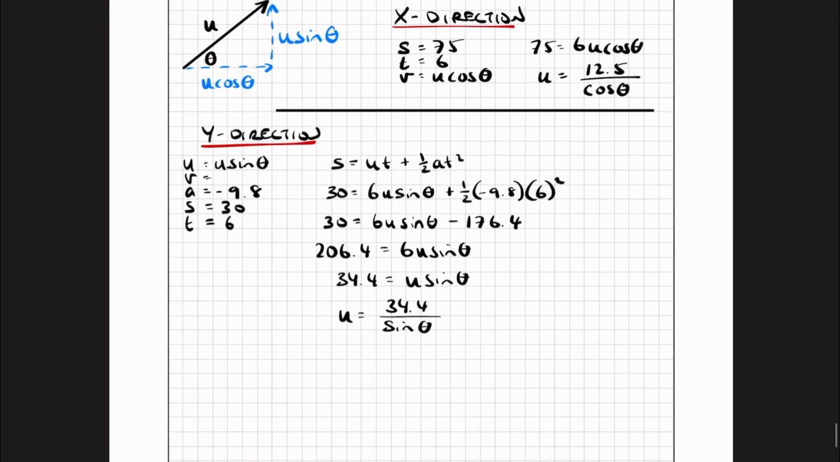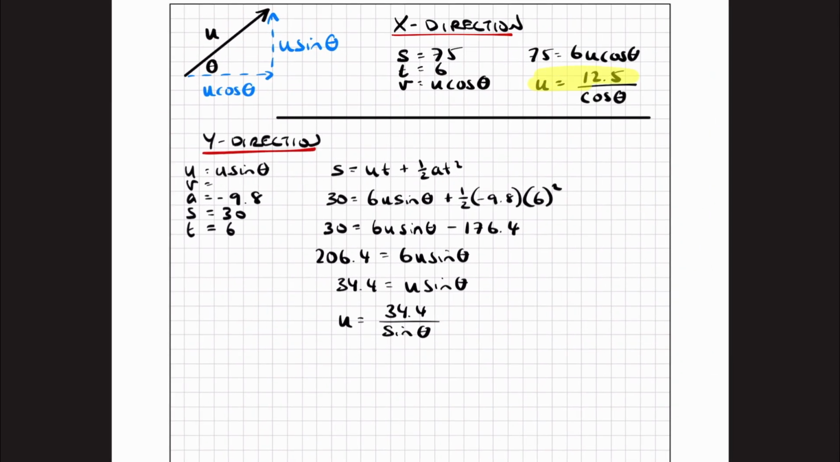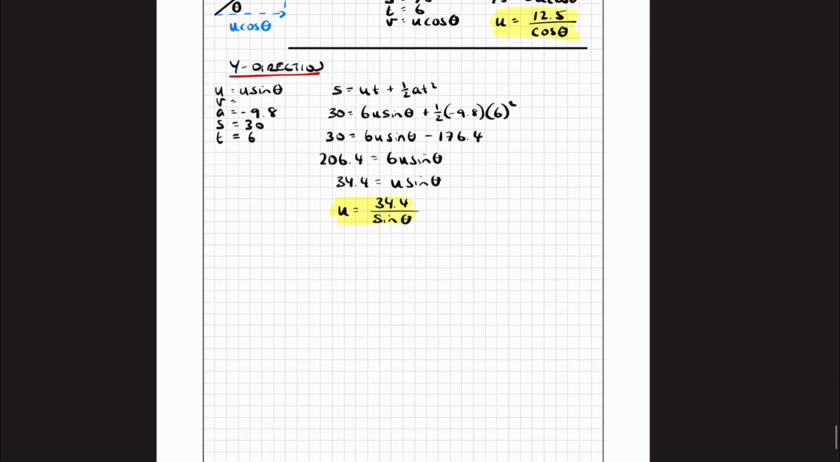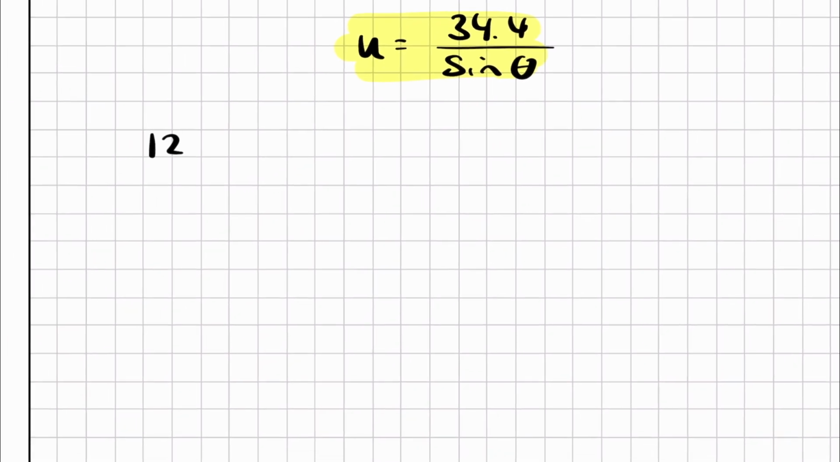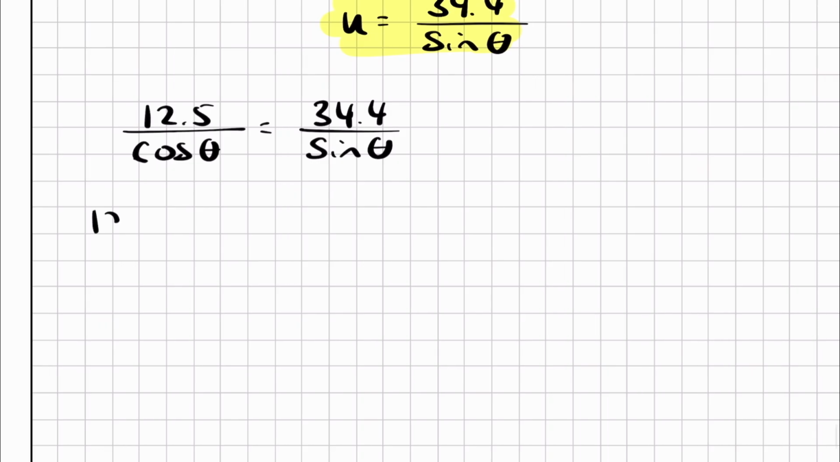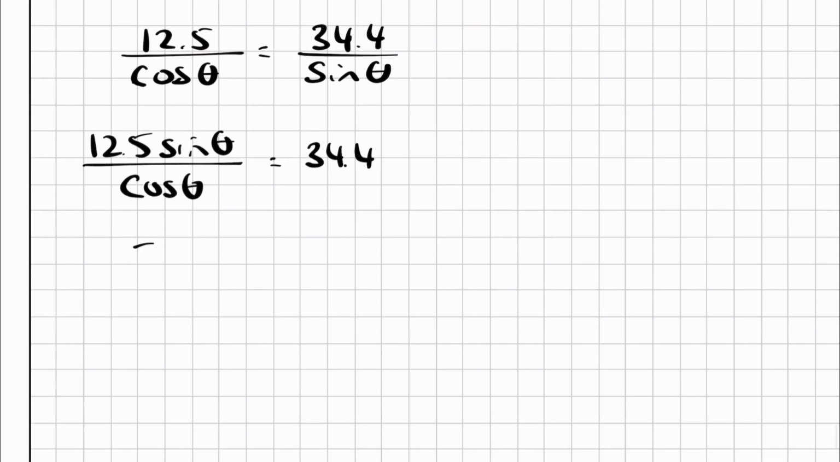And there I go. I've got two equations with u. So I've got this one over here, and I've got this one. And you've guessed it, let them equal each other. So I'm going to say 12.5 over cos theta should equal 34.4 over sine theta. Now I'm going to multiply both sides by sine theta. So I'm going to say 12.5 sine theta over cos theta equals 34.4, and then I'm going to divide both sides by 12.5. Just going to see if it's a nice number. Oh yeah, it's okay, fine. So it's